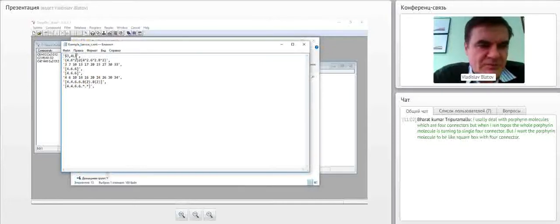But probably this topology is already known, but it is contained in the database, in the whole TPD collection. Okay, so you don't think that this is the real topology name, because